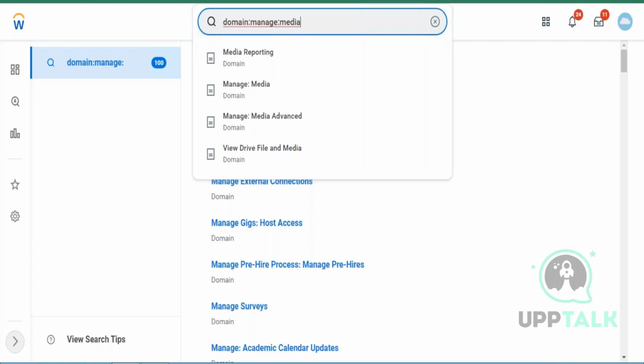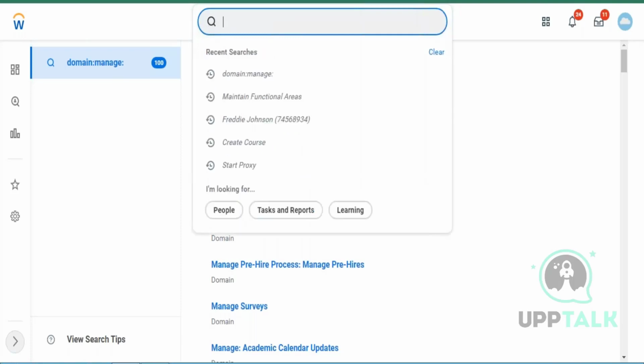Whatever you want to perform in Workday is completely task based. So you need to access that particular task in Workday. Let's say you want to create a report and you don't know what task is there for creating a report. You just enter